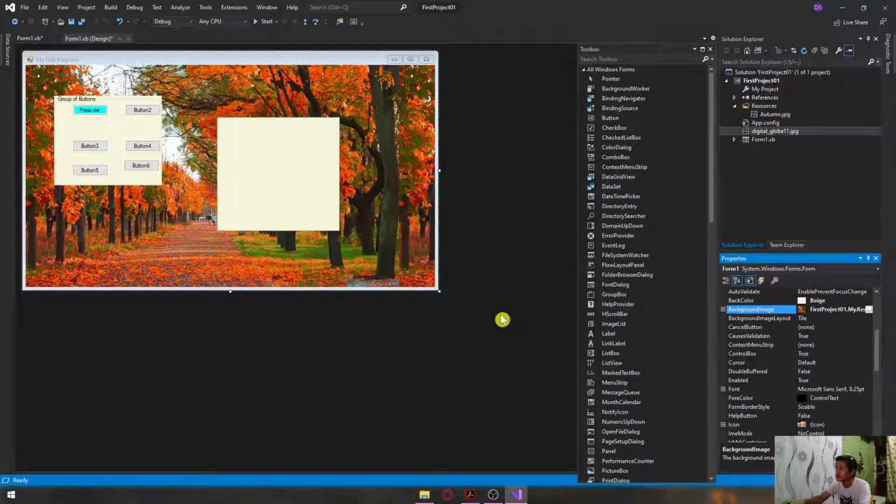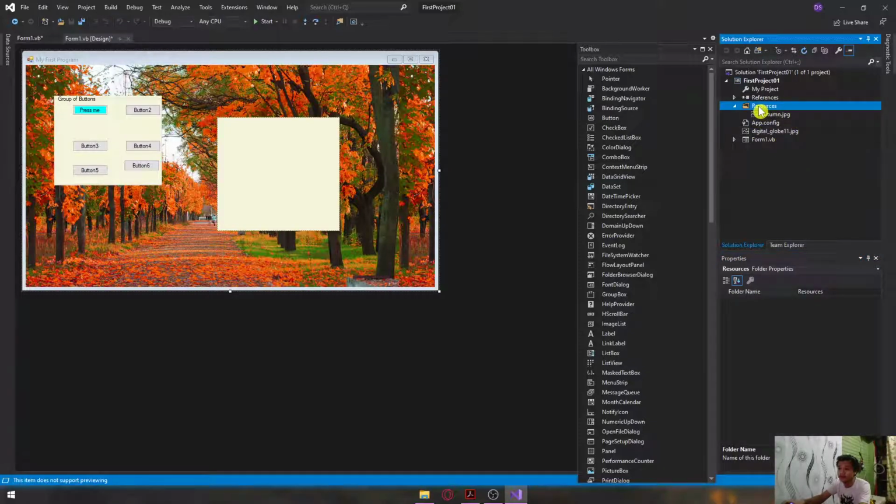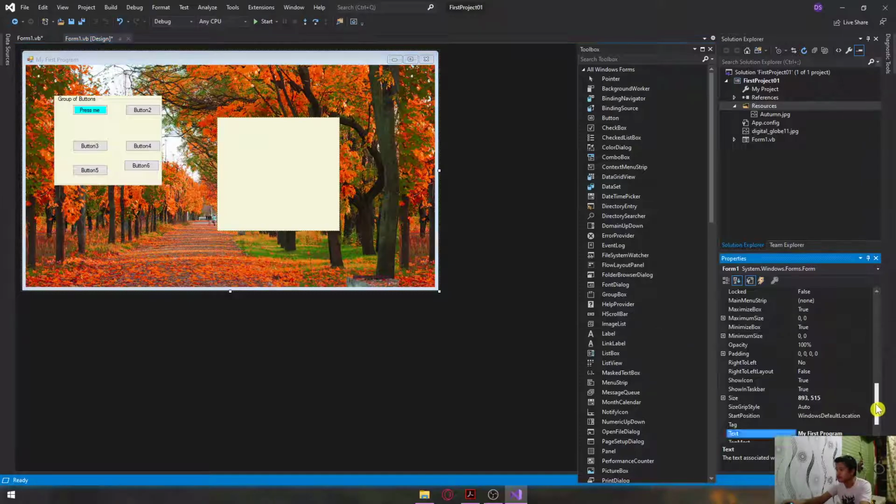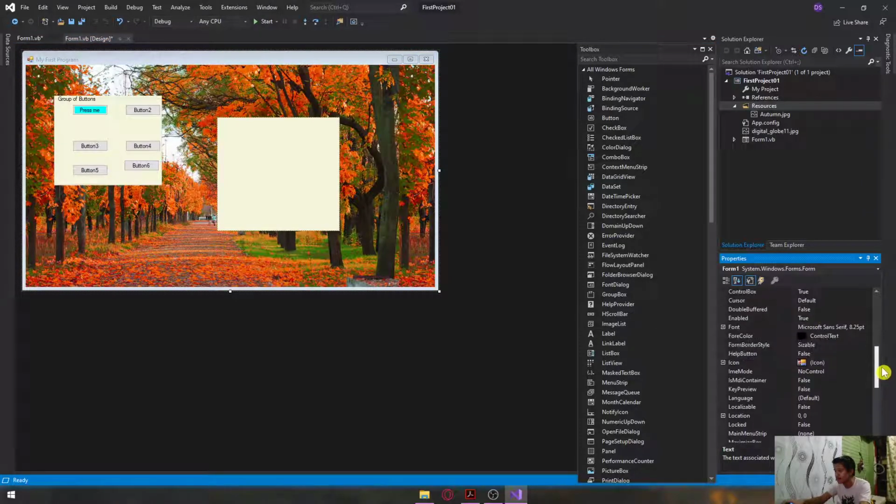Okay, and then click OK. Alright, there you go. So in that case, it created a folder resources. Okay, and then it will be saved to your Solution Explorer. Now, if you don't want to save an image to your Solution Explorer, since it will only consume memory, you can instead just go back to the background image